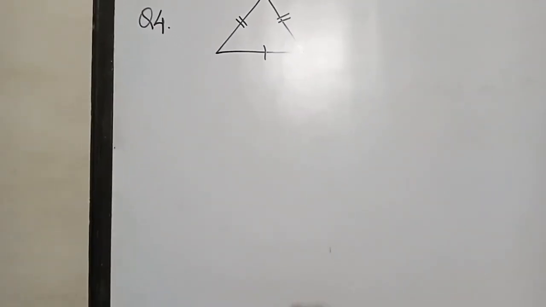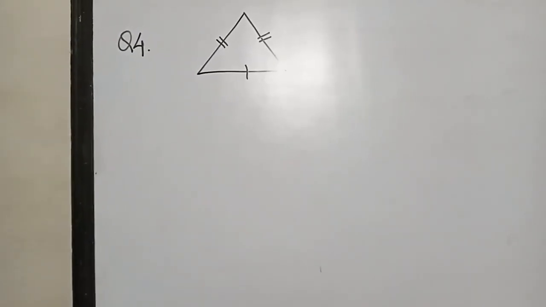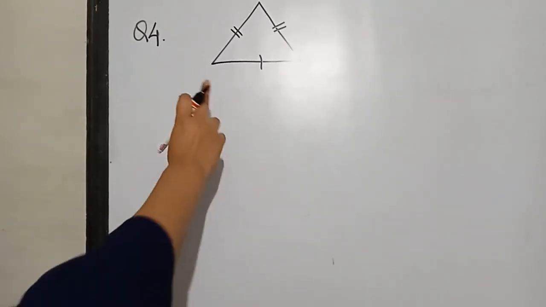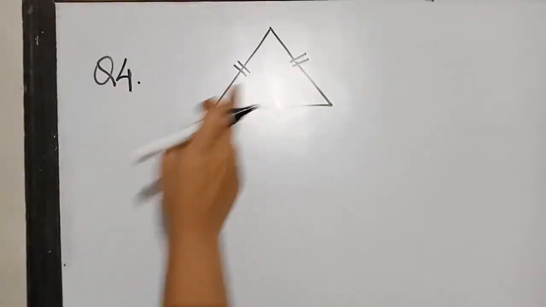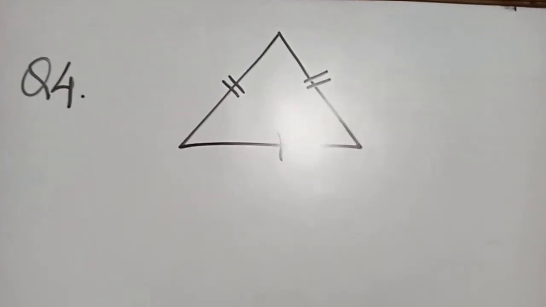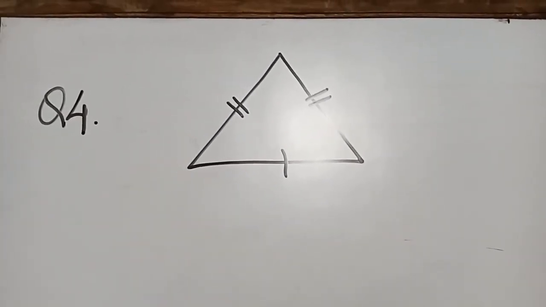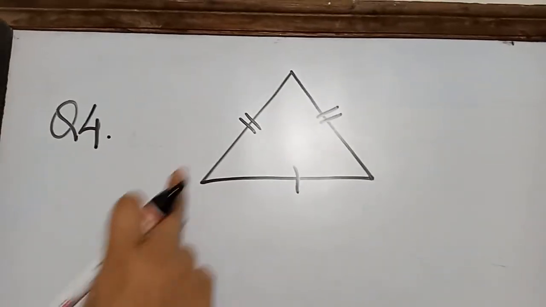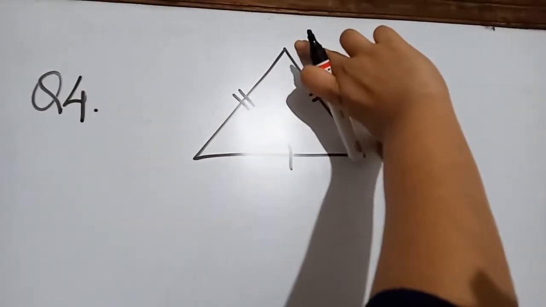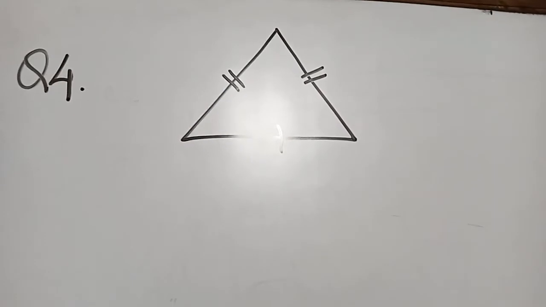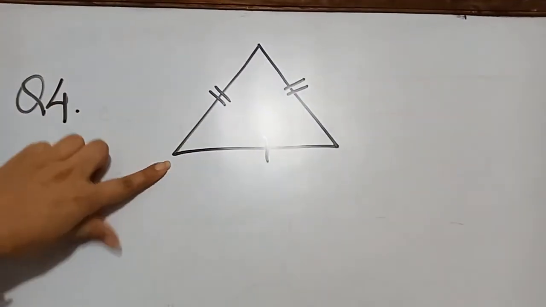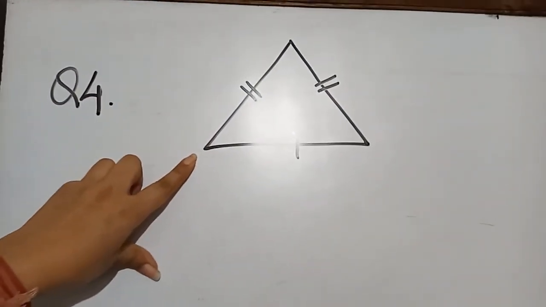Check whether (5, minus 2), (6, 4) and (7, minus 2) are the vertices of an isosceles triangle. Now, since two sides of an isosceles triangle are equal, to prove whether the given points are vertices of an isosceles triangle, we will find the distance between all the points. Over here we know that the distance between 2 points and the distance between other 2 points should be equal. Only then it will satisfy the criteria of an isosceles triangle, that two sides are equal and one side will be unequal. So let us find the distance between the given points.